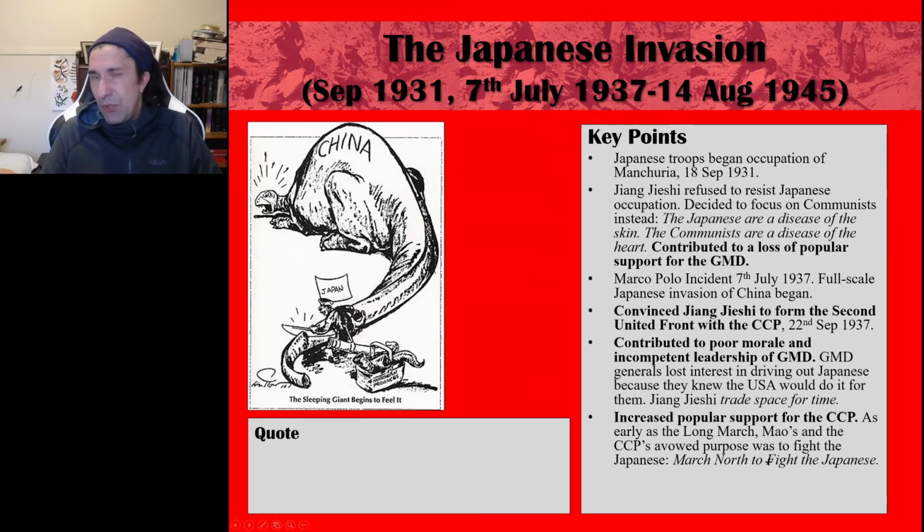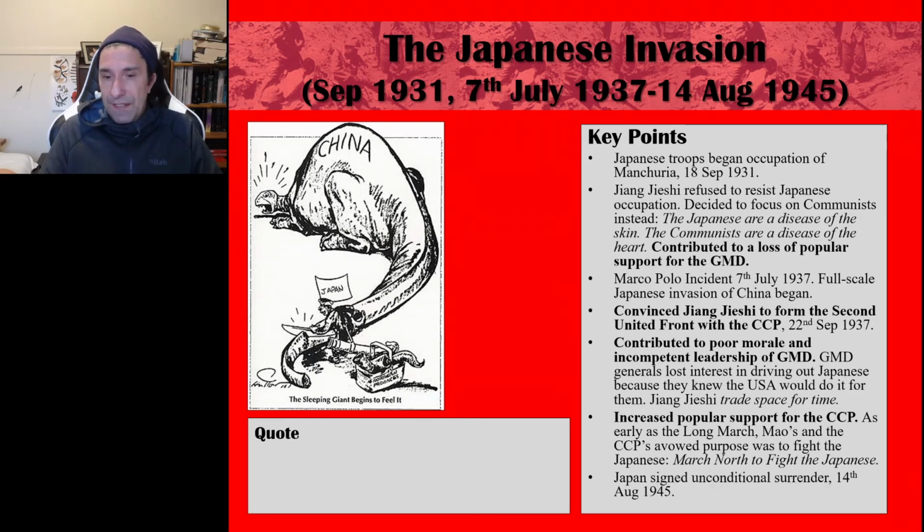But that isn't the actual earliest time when the CCP declared war or avowed to fight the Japanese. Even at the Jiangxi Soviet, Mao Zedong had declared war on the Japanese when they occupied Manchuria. Not that really the CCP could do much to the Japanese up in Manchuria when they were down in the Jiangxi Soviet, but it was still seen as a patriotic act, and it still contributed to increasing their popular support.